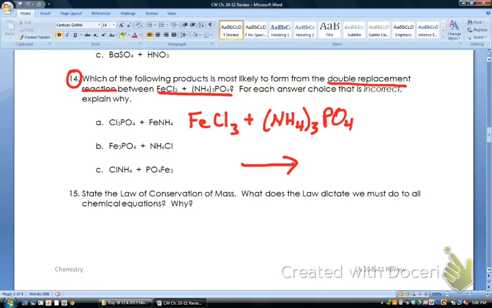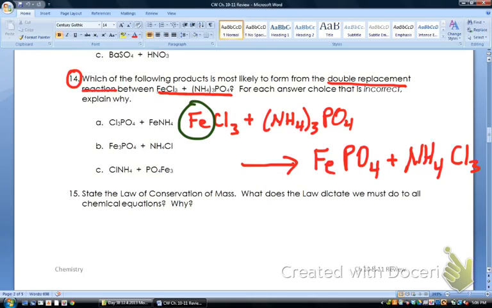So we can start by writing this as FePO4 as one part of our products, and then the second part will be NH4Cl3. From here we see that simply this Fe came in and replaced this NH4, and that's all that we did here so far. But we haven't changed any subscripts. Okay? So we have changed some subscripts, but we need to go back and figure out what subscripts we are